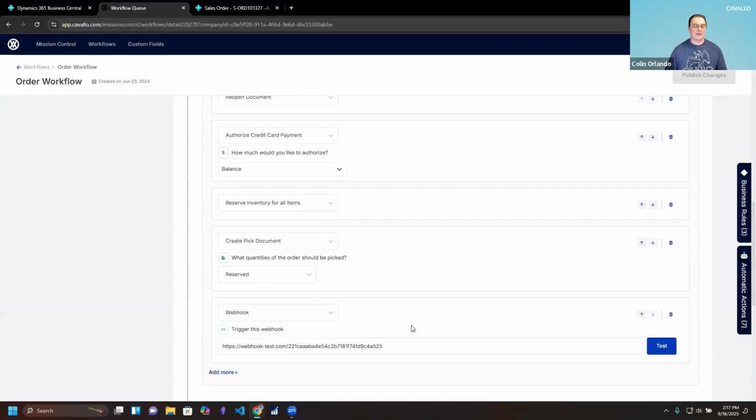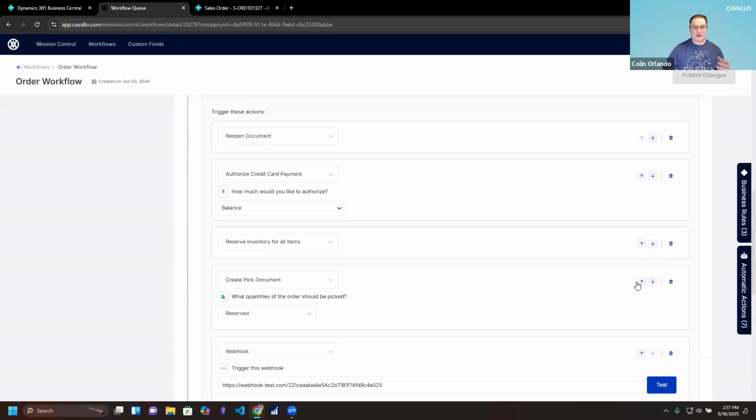So this can be anything simple, from a Zapier flow that notifies different groups inside of your organization that there's a new order to take action on, to something as complex as a Power Automate flow. We can even trigger off a webhook at different spots in your workflow to set off Power Automate flows and allow them to start their automated processes. So we work better together with things like Zapier, N8N, and Power Automate, and we can incorporate those into your business process here.